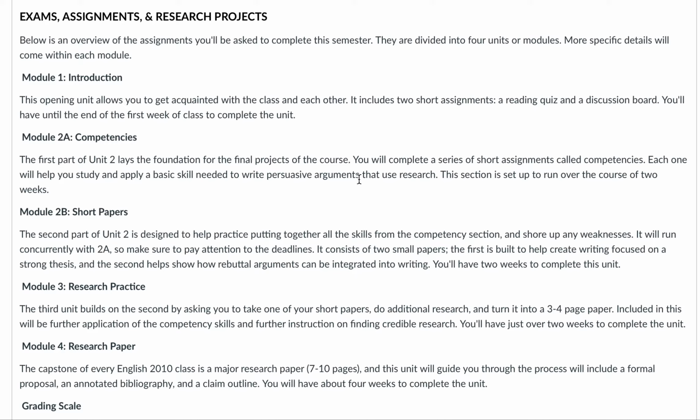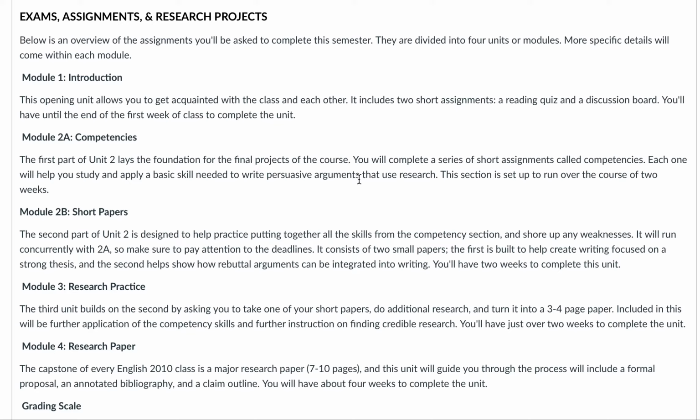The second part is kind of putting all of that together and just me getting a sense of you as a writer. Those are our short papers. I give you some topics, or you can pick your own, but they tend to go better if you use the topics that I give you just because I have made sure that they are appropriate for our assignment. This is also going to run for just about 2 weeks, and you get to practice writing definitions and integrating opposing views. A lot of people are uncomfortable integrating opposing views into their work because they've never learned how to deal with them. So I want to make sure that you get some practice on that one too.